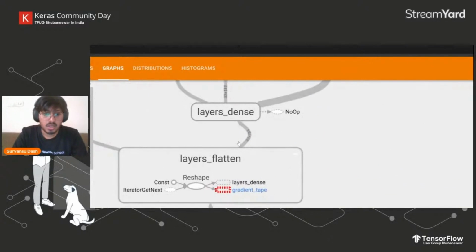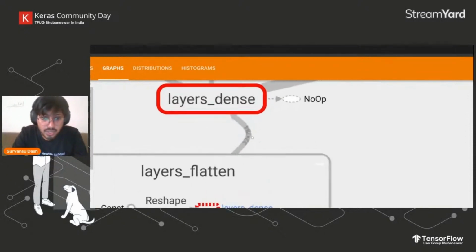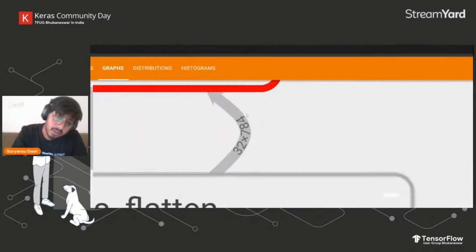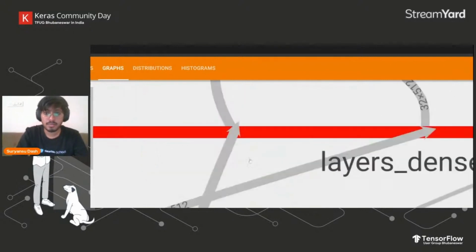So again, we created a model, we used flatten, then we went to dense. So after this, it goes into dense. And you can even see this is the tensor which is going, it's 32 cross 784, going into the next layer, which is the dense layer. Now, if you double click on dense,